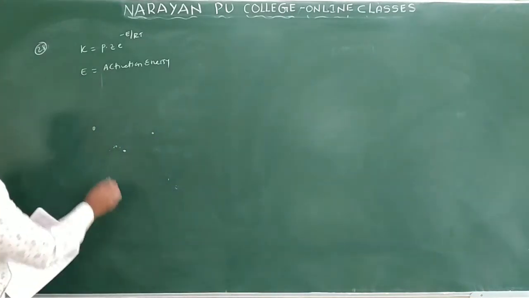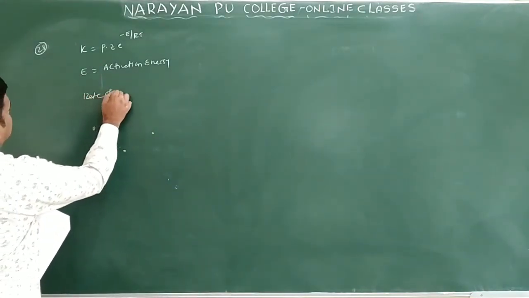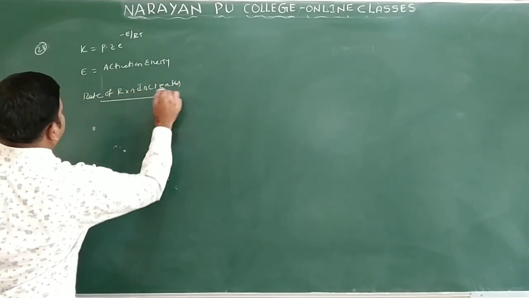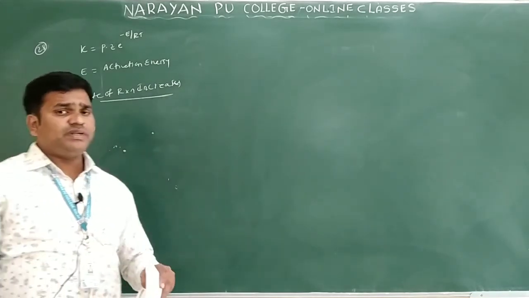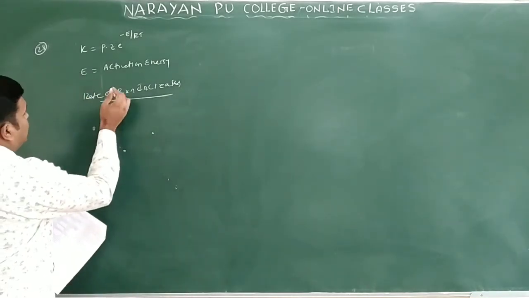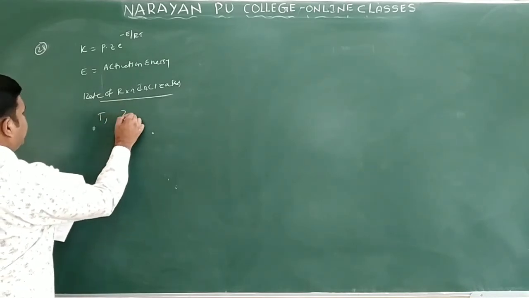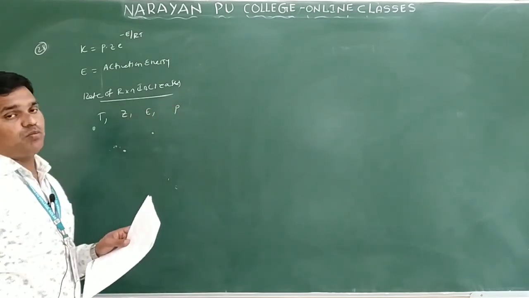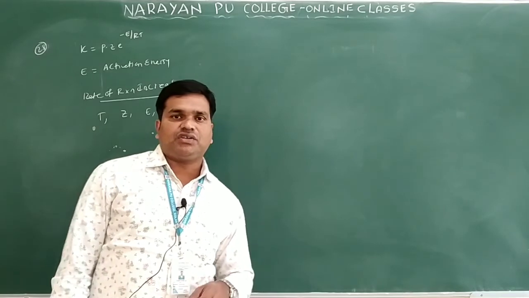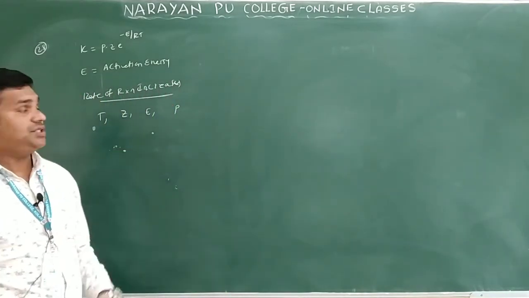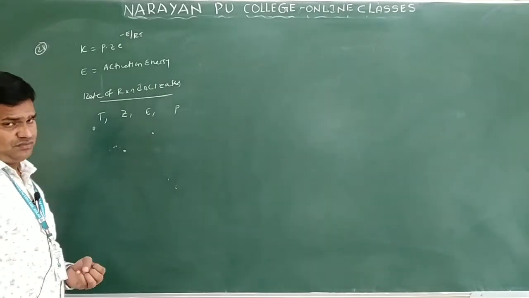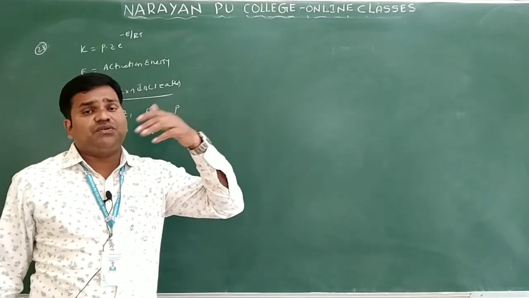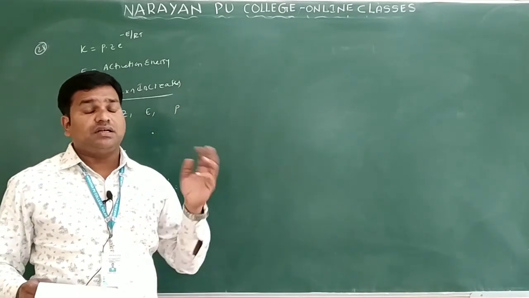It means when the rate of reaction increases, which one will decrease? We can decrease the T, or we can decrease the Z, or we can decrease the E, or we can decrease the P. P is a probability factor, or steric factor, we say. K is a rate constant. Generally when temperature increases, the activation energy decreases, but the rate of reaction increases.